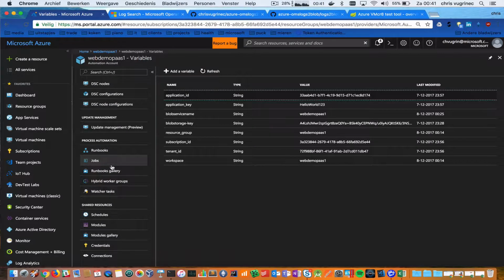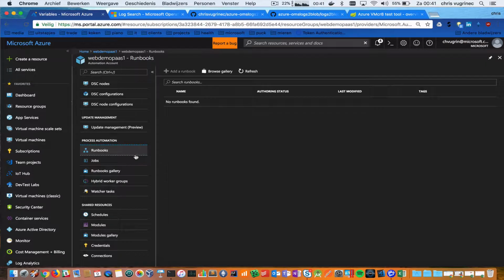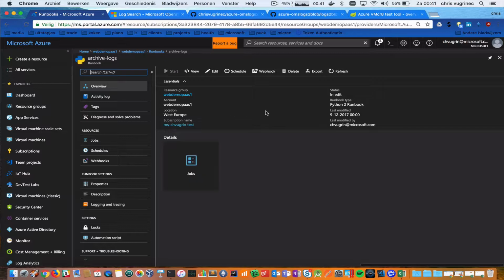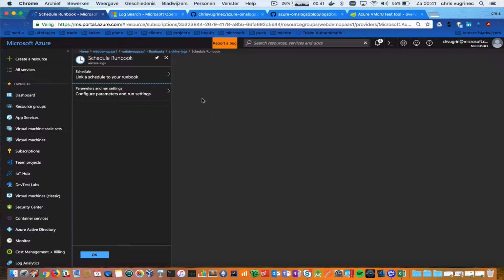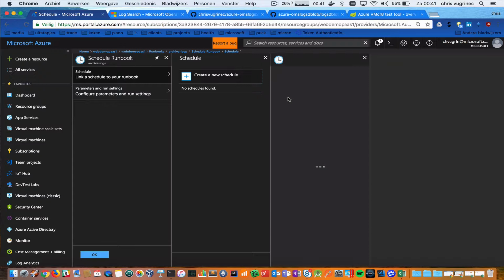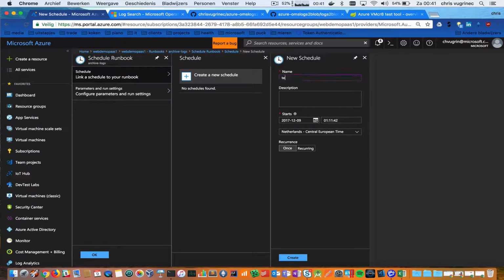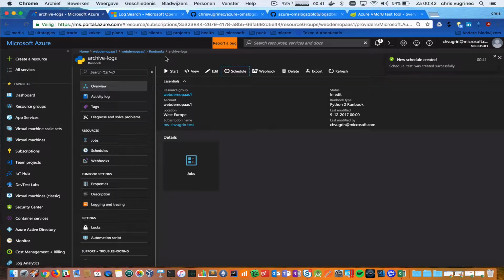Last thing I'd like to show you is the runbook, and that I can schedule this job for a certain time or period. I just say schedule, and I say okay, I'd like to link this to a schedule. There are no schedules yet. Here I'm creating a schedule test, and I say okay, I'd like it to be recurring every 12 hours, starting from now. You say create. Okay,